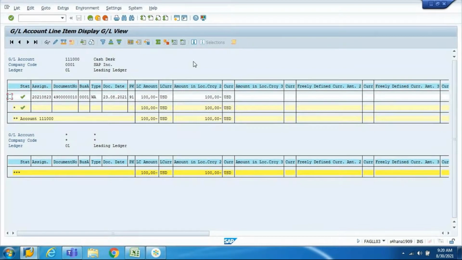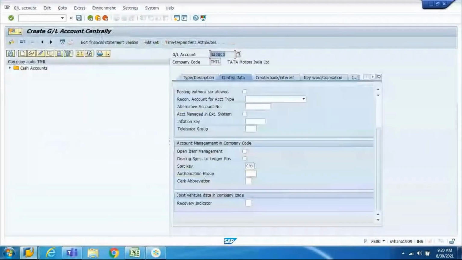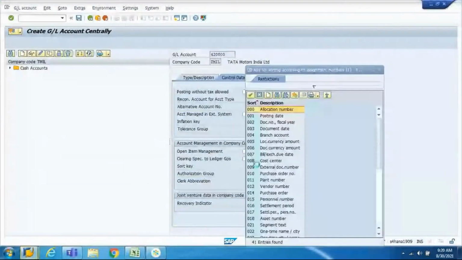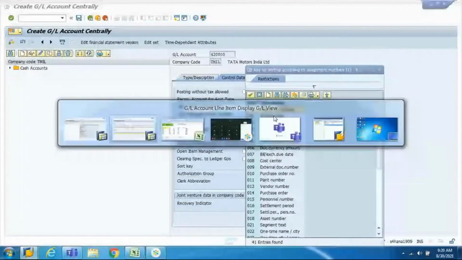Yes, no? Right. Now, whenever you pull that particular GL account, by default, your account will be sorted based on the GL master data sort key. If I give sort key as posting date, the system will display entries based on the posting date. Based on the posting date, your GL line item report will be sorted.